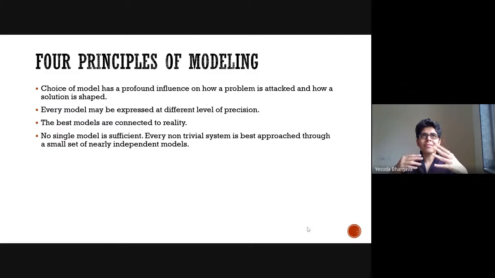So when we start building the individual box and then go on towards non-trivial systems modeling, it is best approached through a small set of nearly independent models. It would not be too bizarre to become really a child when we are trying to create a software model, because then we can see how different entities come into the picture to interact. And I can understand that from multiple iterations of your use case diagrams, you will have experienced this yourself. And as we again review your functional decomposition and data flow diagrams, these things will become much more clear